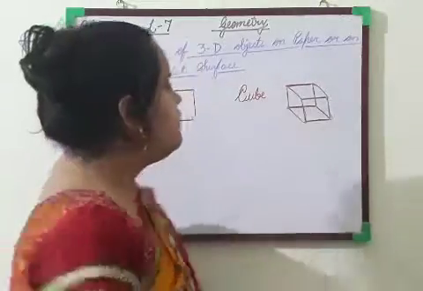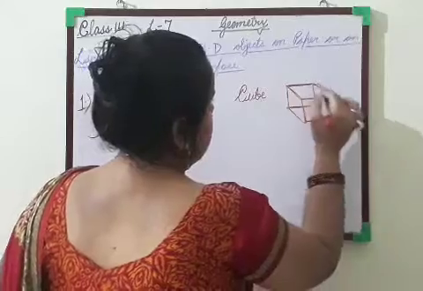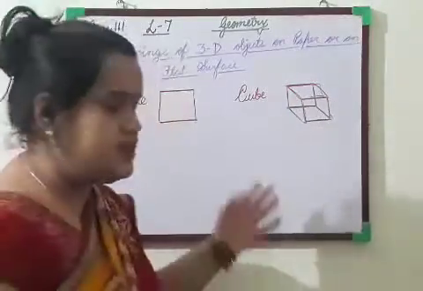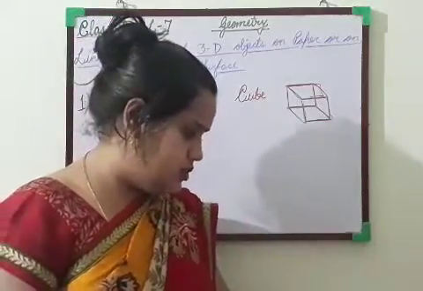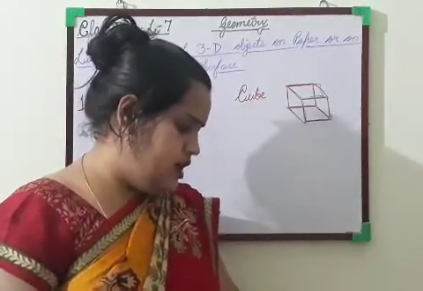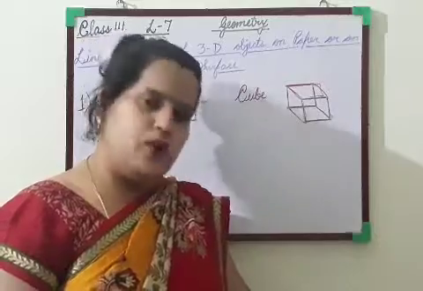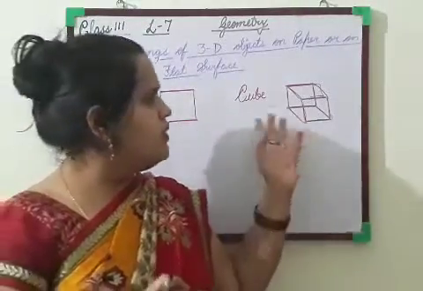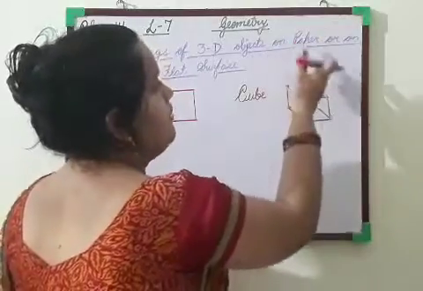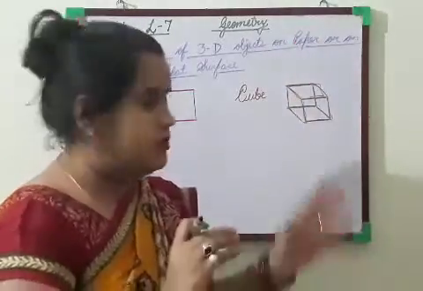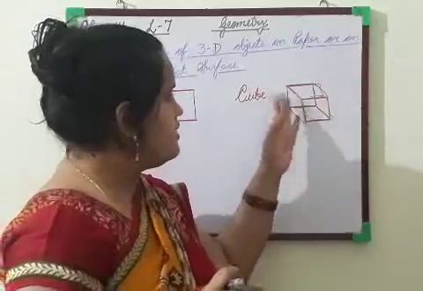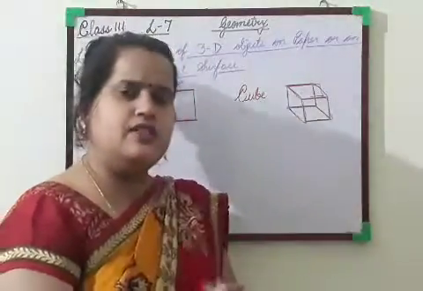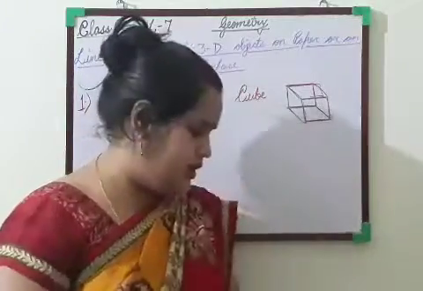Okay. So all the 4 figures like this one, then this one, then this one. All the 6 faces, they are the square faces. Okay. And there are 12 edges. If you look at a cube from any side, it will look like a square. Whenever you will see a cube, always from any side, from this side, from the back side, or from the side, from both the sides, downwards, upwards. From wherever we will see this cube, we will find that it is a square only.